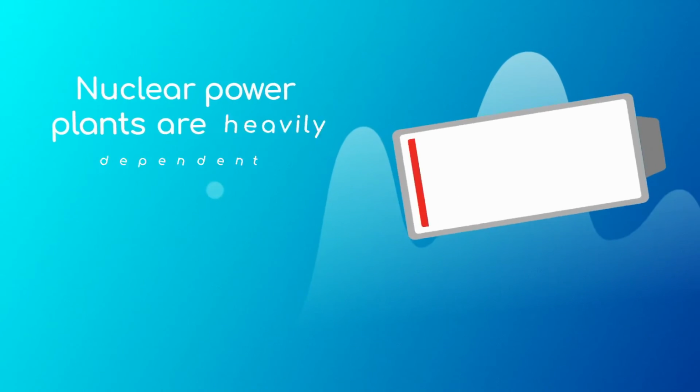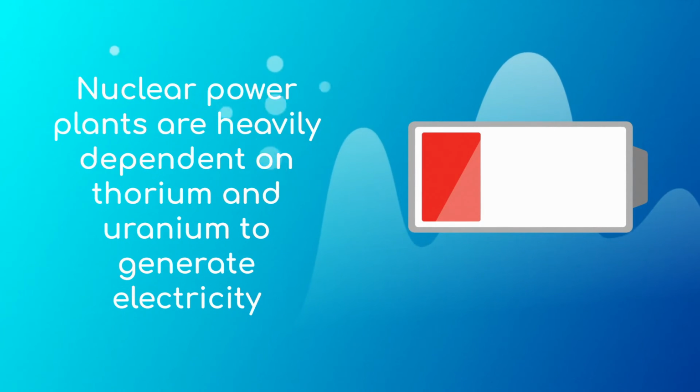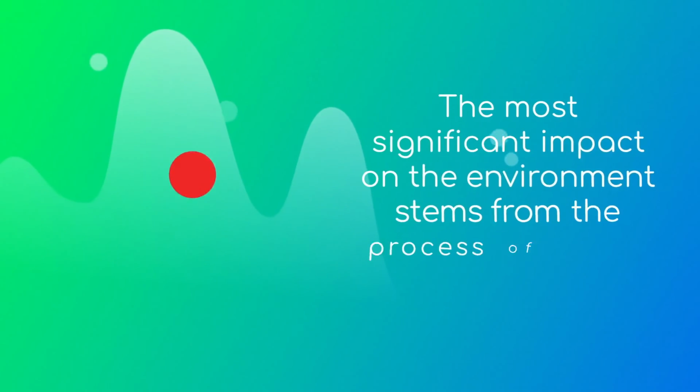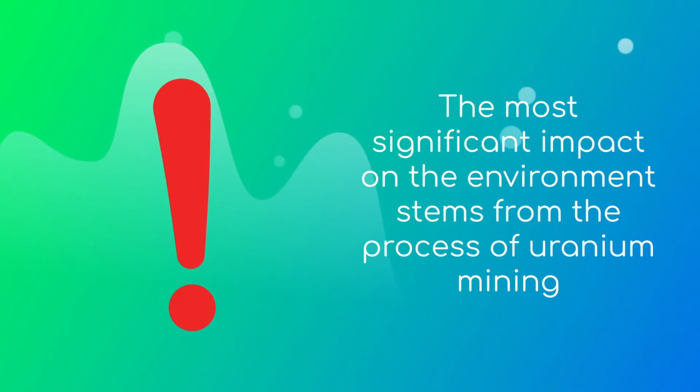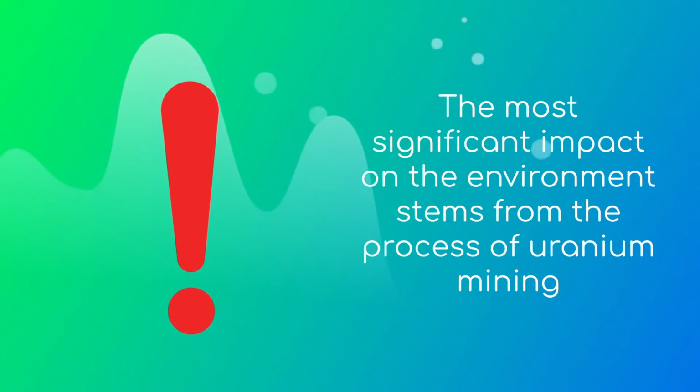They are heavily dependent on thorium and uranium to generate electricity. Over time, the supply will be depleted. The most significant impact on the environment stems from the process of uranium mining. The process can release harmful toxins like radioactive dust,